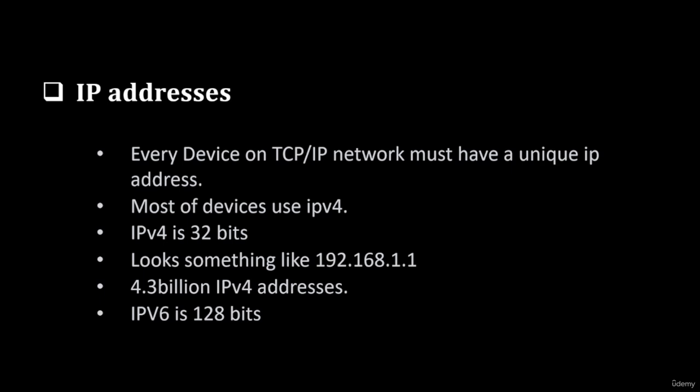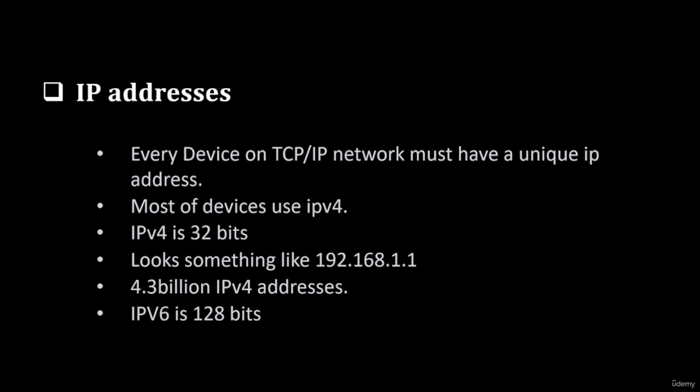Guys, do you have any idea how many devices are there in the world? Well, there are more than 9 billion devices globally. But here is a catch. IPv4, the Internet Protocol version 4, only provides around 4.3 billion unique addresses. That means we are facing a shortage of IPv4 addresses. So that's where IPv6 comes into play. IPv6 uses a 128-bit address, and when you crunch the numbers, it's an incredibly massive address space.